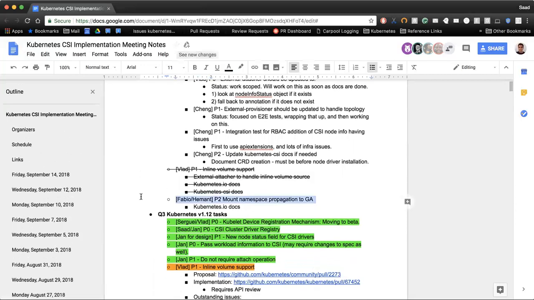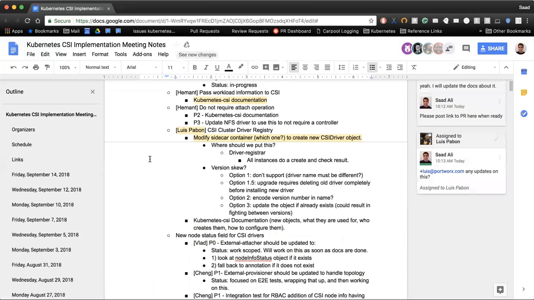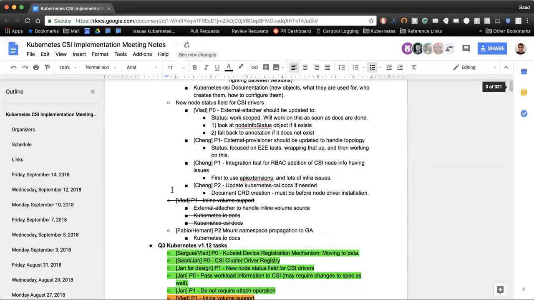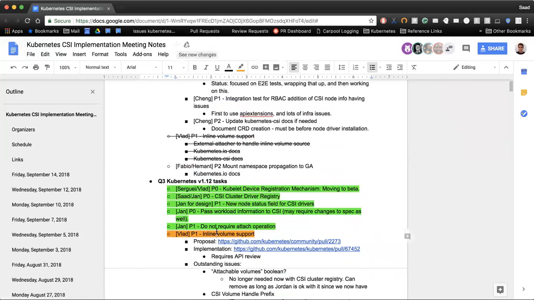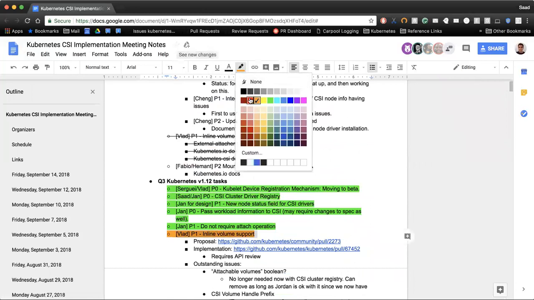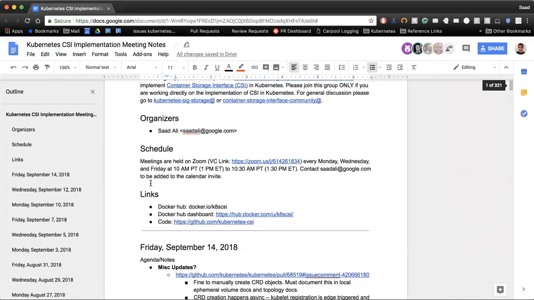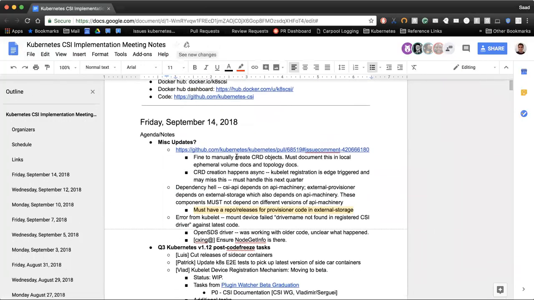Cool. Next up is Mount Namespace propagation. We need an update from Hemant on that. Hopefully we can get an update soon. Beyond that, we decided we're going to punt the inline volume support to next quarter. And the miscellaneous items that we had were